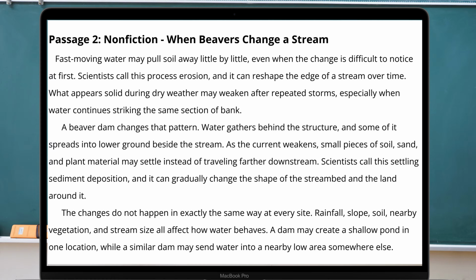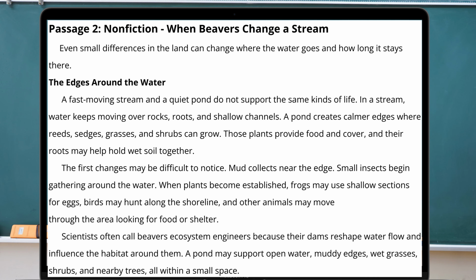The changes do not happen in exactly the same way at every site. Rainfall, slope, soil, nearby vegetation, and stream size all affect how water behaves. A dam may create a shallow pond in one location, while a similar dam may send water into a nearby low area somewhere else. Even small differences in the land can change where the water goes and how long it stays there. The edges around the water of a fast-moving stream and a quiet pond do not support the same